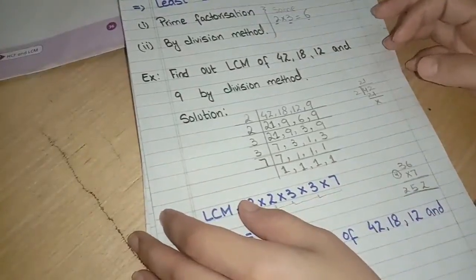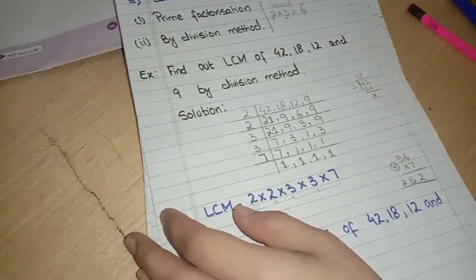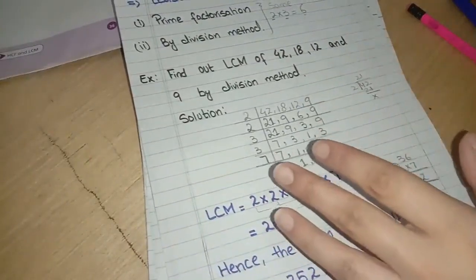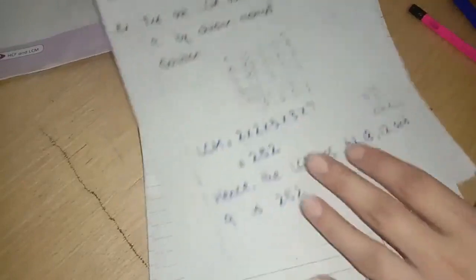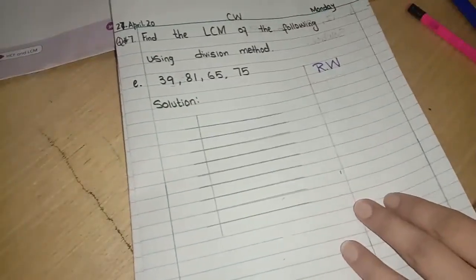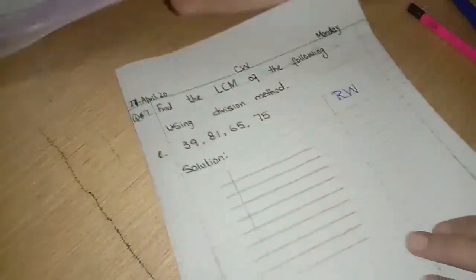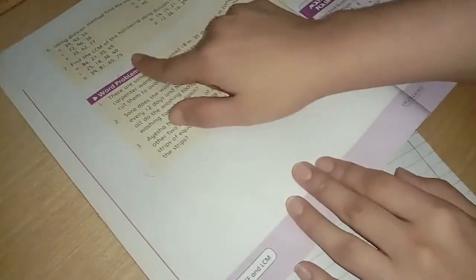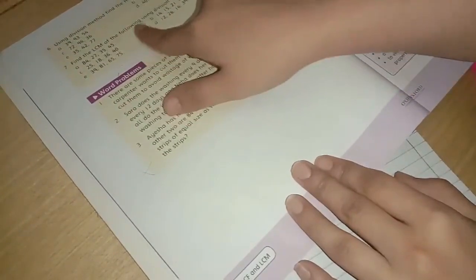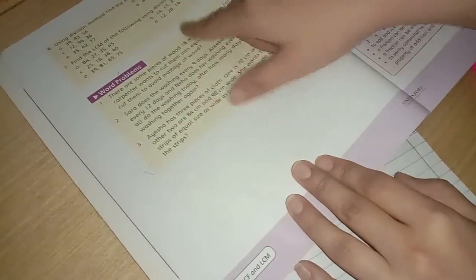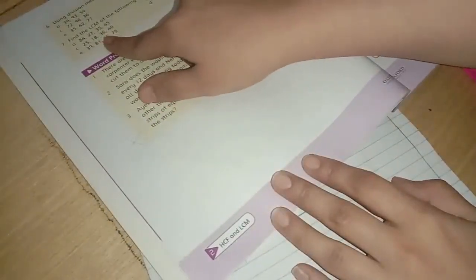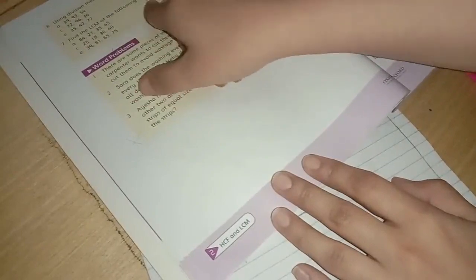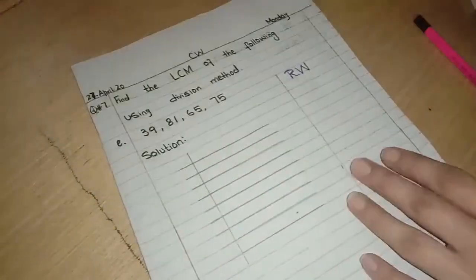Okay student, we have done LCM. I have told you how to do LCM by using division method and I have done an example for you. So let's start doing the question that is on your page number 36, question number 7. Find the LCM of the following using division method. There are 5 parts over here and I am going to solve 3 parts and 2 parts you do by yourself. And you have to tell me whether you get the answer or not.